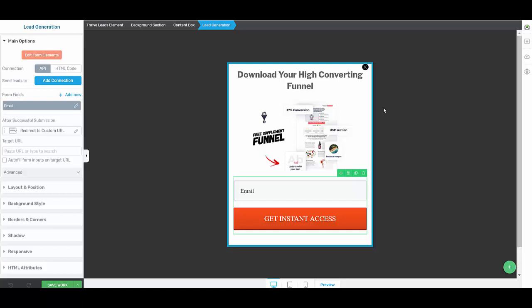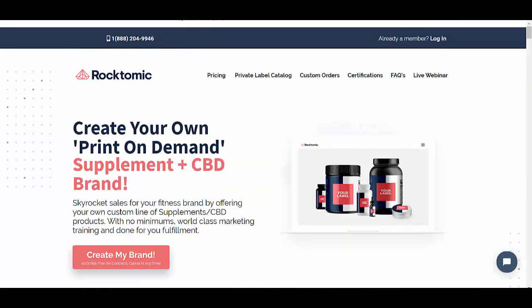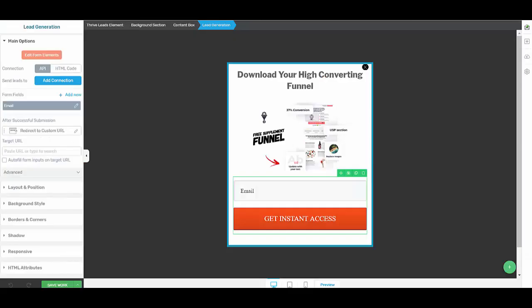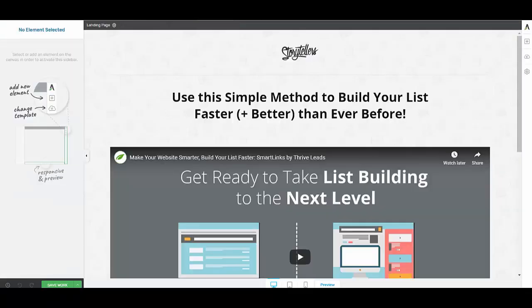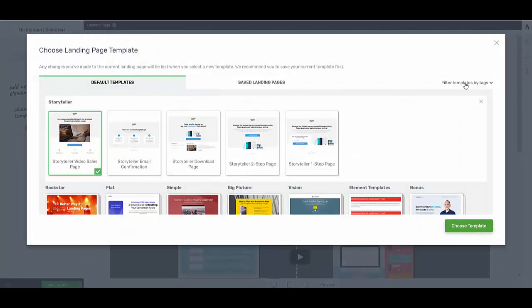Okay guys, so we've built our exit pop-up. Now if you remember, the page that I was looking at was this particular page, and visitors come here, they've left, they got the pop-up that I felt wasn't doing the business, so I've rebuilt it here. And now what I'm going to do is I've loaded a sample. I can actually show you this one. It's a sample landing page, and here it is, a storyteller, and there's